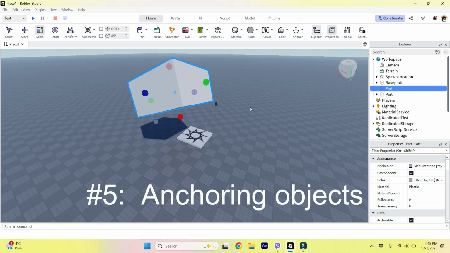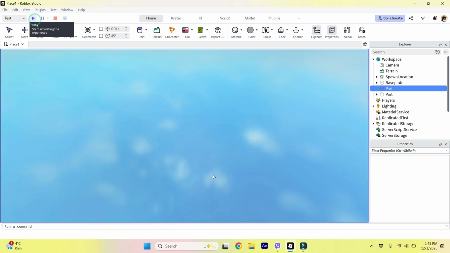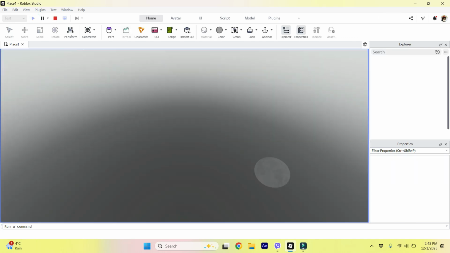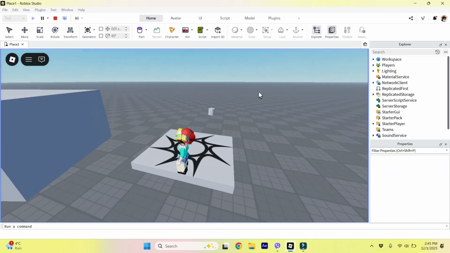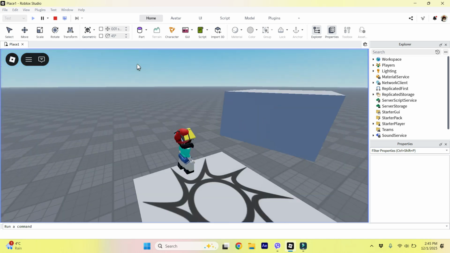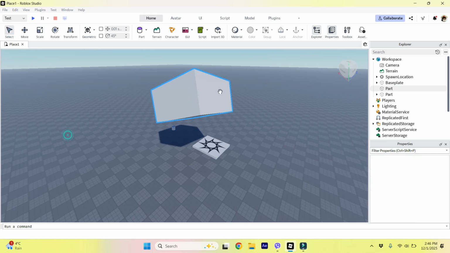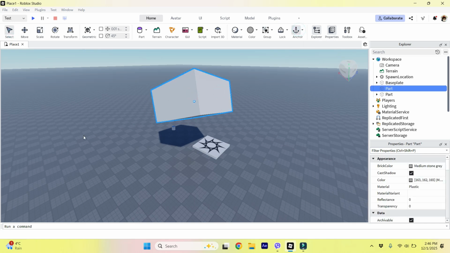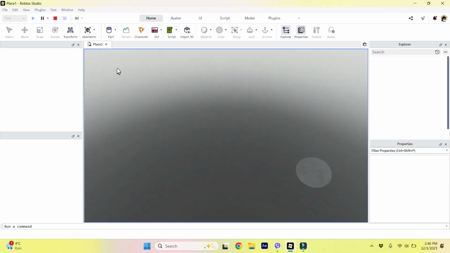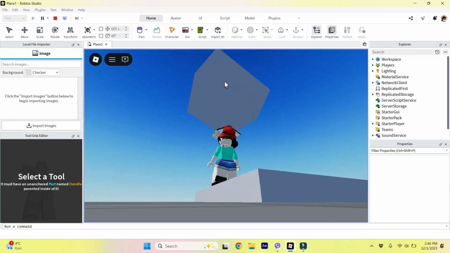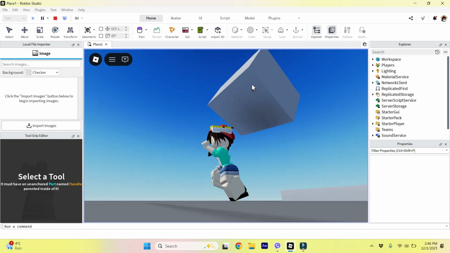Another important thing to learn about is when you press play, which is this blue arrow, your objects can fall, like gravity in real life. If you don't want that to happen, you must select the object using the select tool and press the anchor. Now, when you play, your object will stay in its exact place you anchored it, and it won't fall down